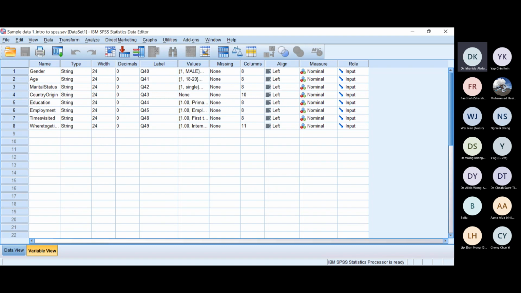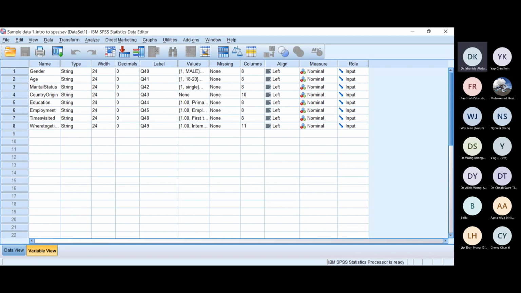And then country of origin, why is it none? Because in my questionnaire, I left the country of origin blank. There is no option, though you can give options, for example from Australia, from America, from Europe, from Asia. But in my case, I want to know exactly where they come from, so I leave it blank.